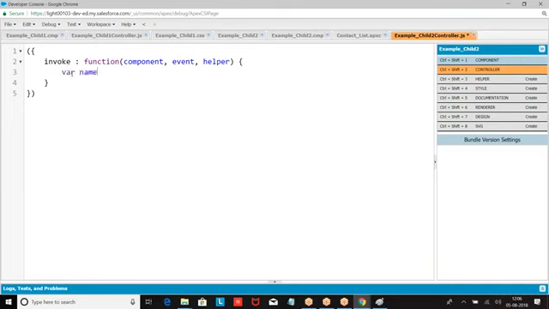Where name equal to event dot get, the parent. Then I want to call an action where action equal to component dot get. What is the name of the method? C dot. This is the method from the Apex class. Invoke the method from